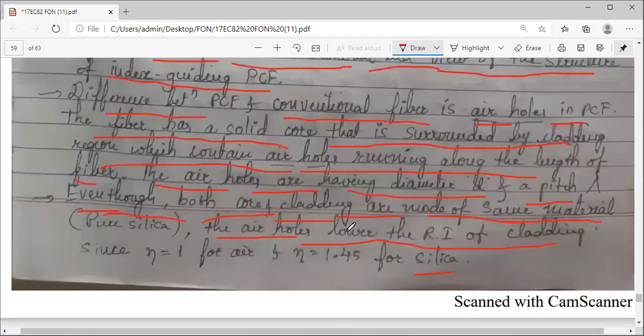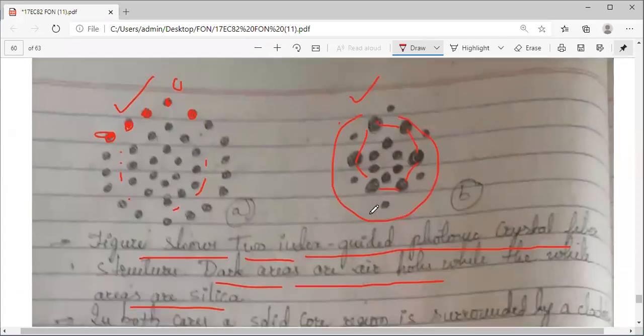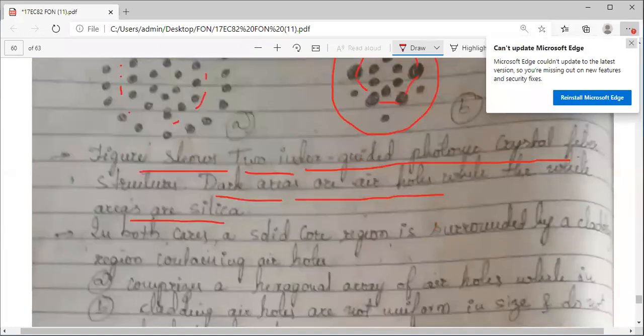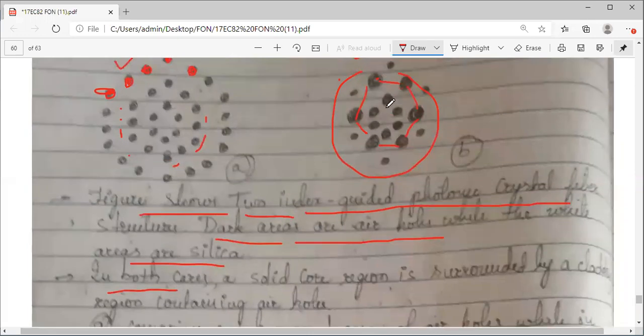In the second configuration of this PCF, even though the pitch is the same, the diameter or the area of those air holes is different. In both the cases, you can see at the center you have a solid high refractive index core.